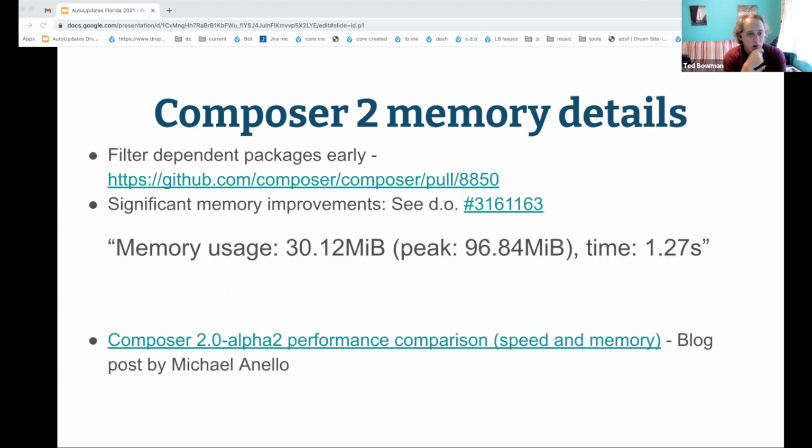The other thing that some people from Drupal were a little bit involved with, but is a big improvement for Composer, is the memory usage. If you've used Composer 2, it's a lot faster and uses a lot less memory. And this basically will allow doing an update via a web request, whereas with Composer 1, for a lot of sites, it would just be too memory intensive to actually do an